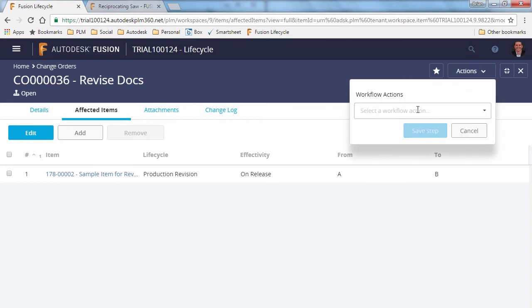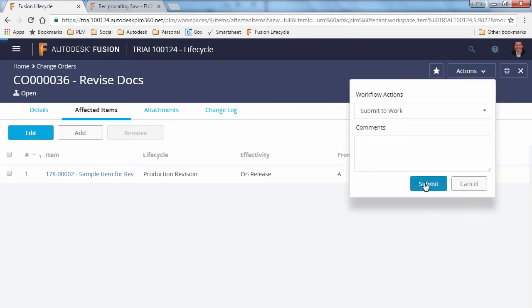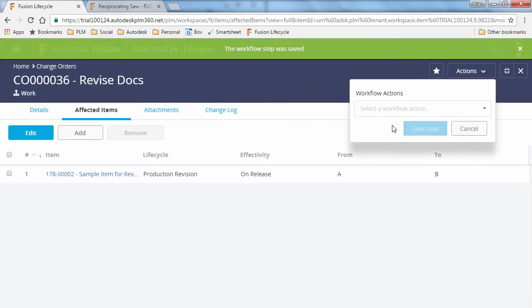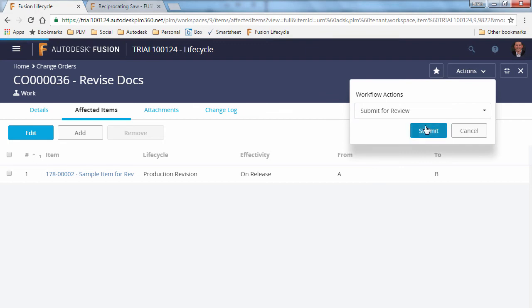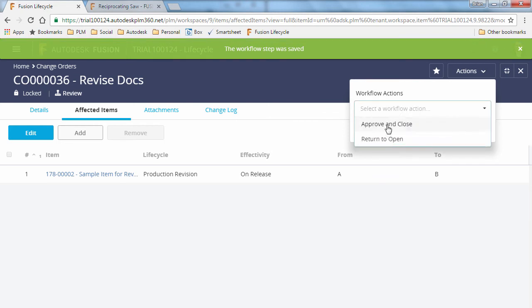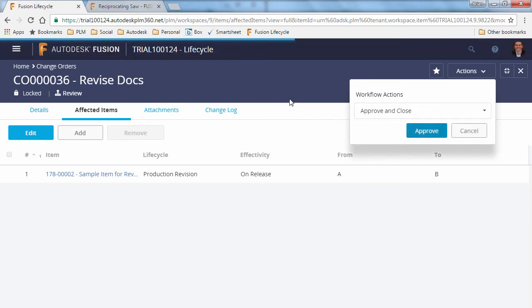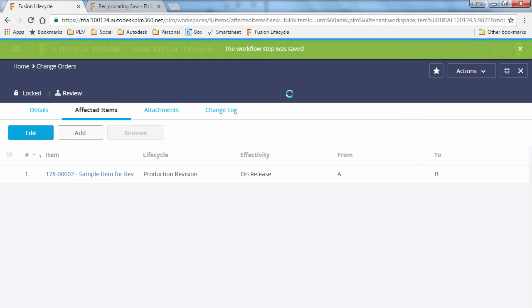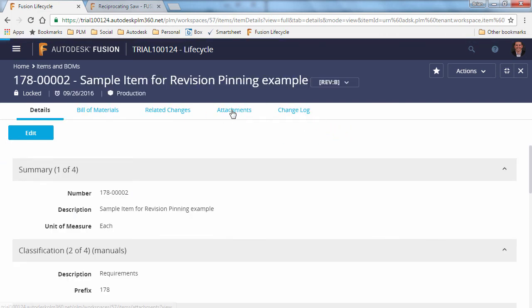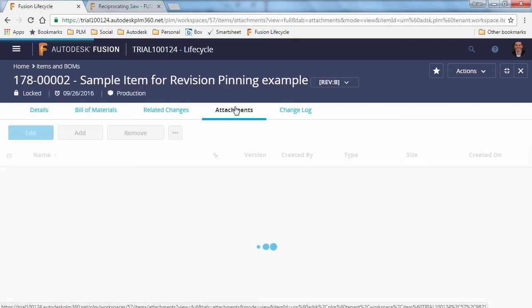So from the Actions menu, push it through, so Submit to Work. Move it to Review. And finally, we'll approve and close. So now let's go back to the item, which is now at Revision B. We've got a couple of revisions that we've moved through, but in this case, I want to take a look at the attachment. So now at Revision B,